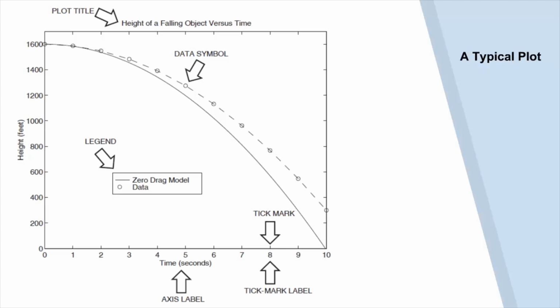The MATLAB basic XY plotting function is plot of XY, as we have seen in the very first video of this course. If X and Y are vectors, a single curve is plotted with the X values on the abscissa and the Y values on the ordinate. The xlabel and ylabel commands put labels on the abscissa and the ordinate respectively. The syntax is xlabel and we pass the text, where text is the text we want to print on the label. Note that we must enclose the label's text in single quotes. The syntax for ylabel is the same.